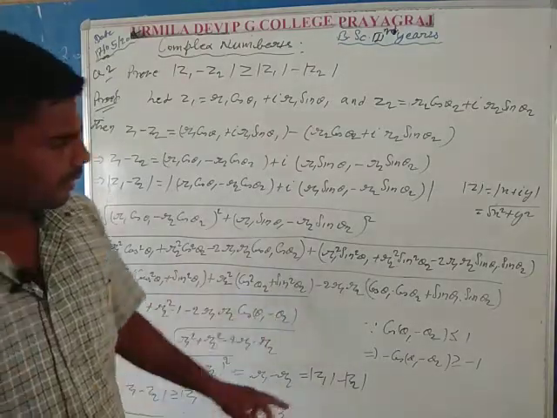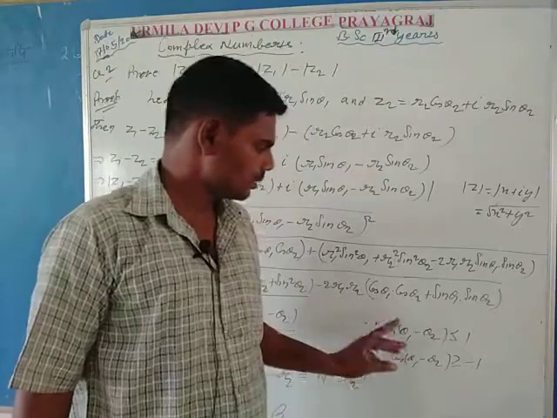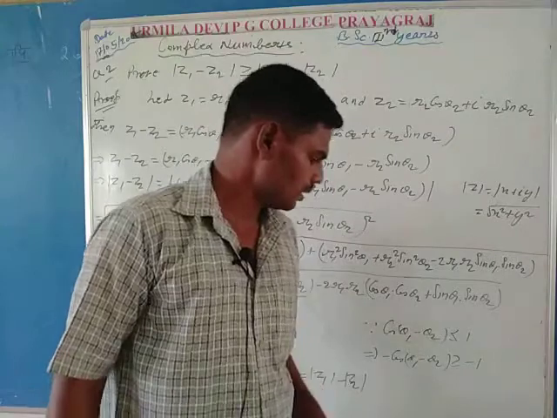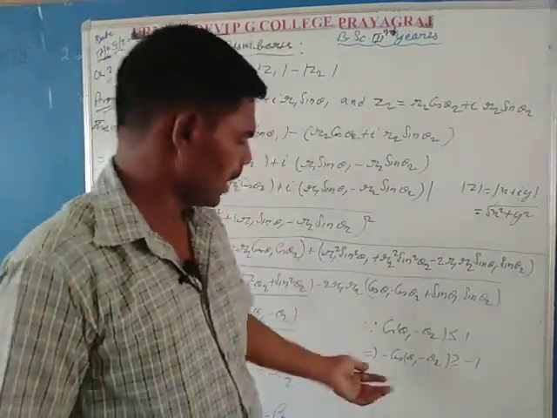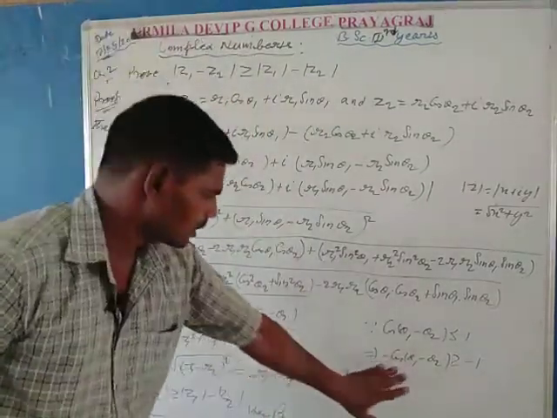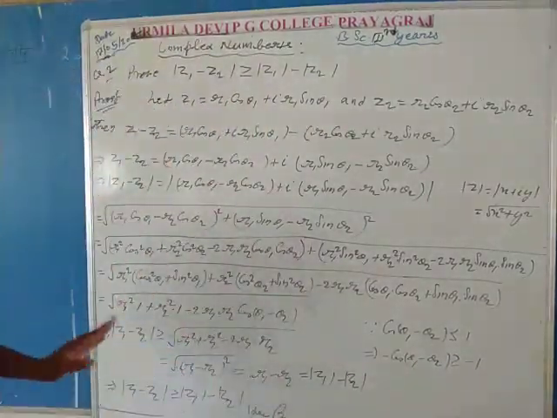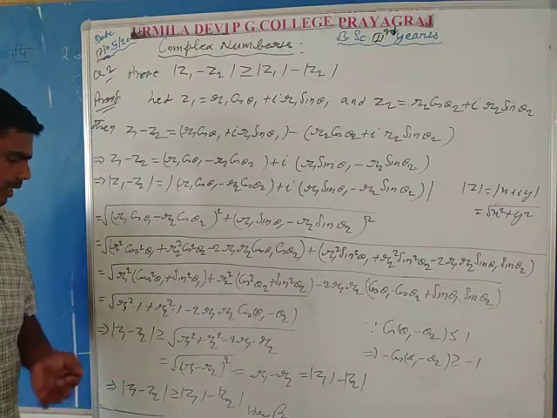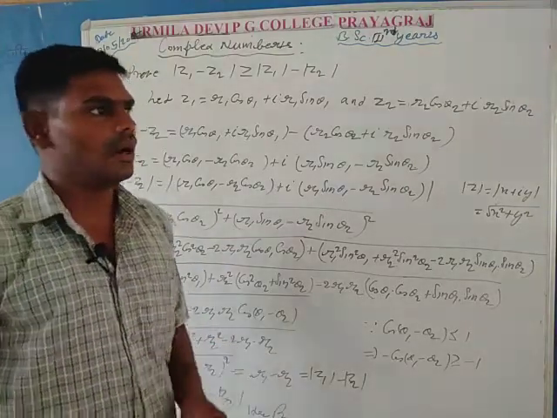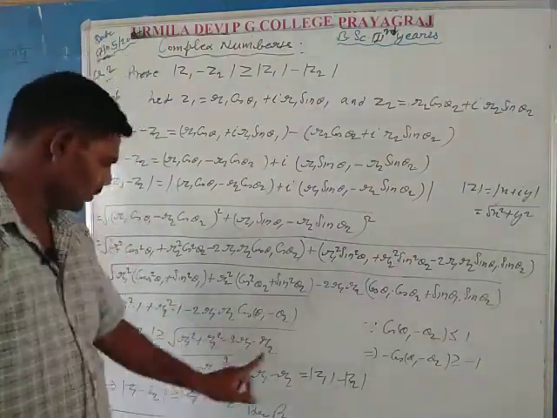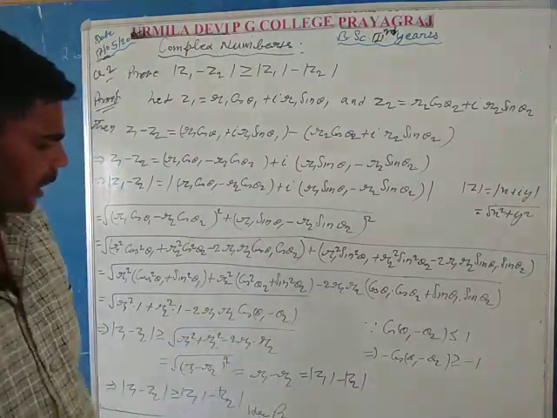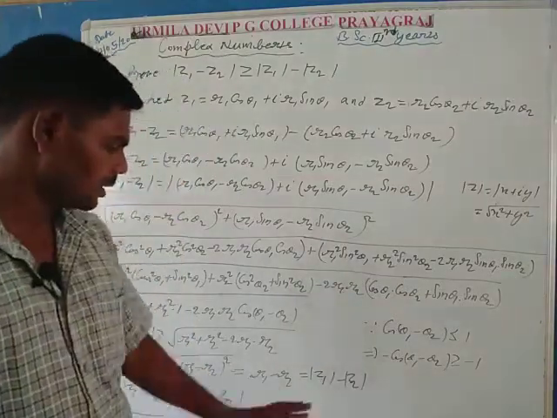After this, using this inequality, because the cos value of any angle is always less than or equal to 1, transferring it from the right side to the left side, −cos(θ1 − θ2) is always greater than or equal to −1. So from this inequality and this equation you can write that |z1 − z2| is always greater than or equal to the square root of (r1 + r2)² − 2·r1·r2. This is the whole square of r1 − r2. So the whole square and the square root neglect each other, and it is equal to r1 − r2.